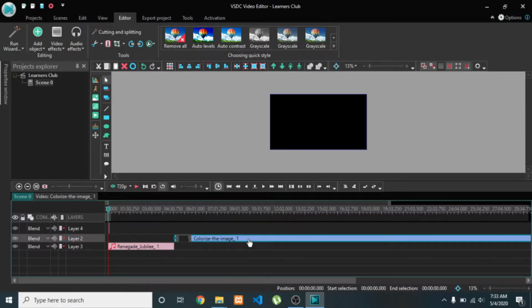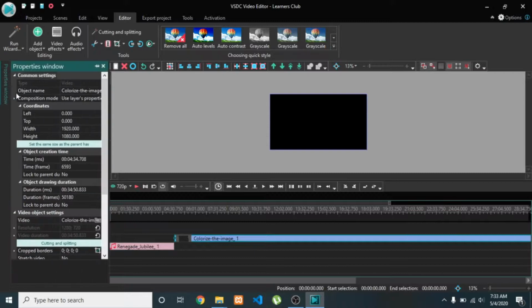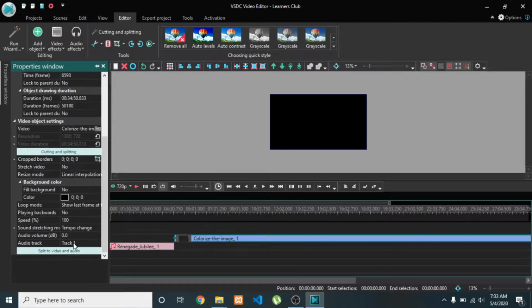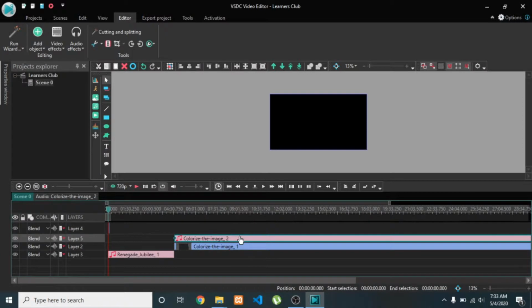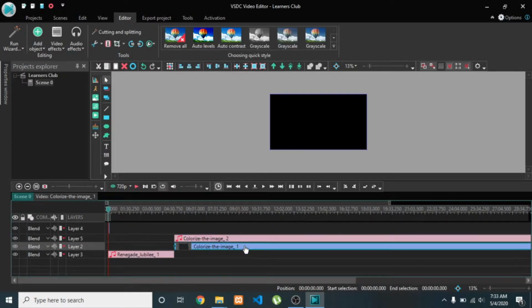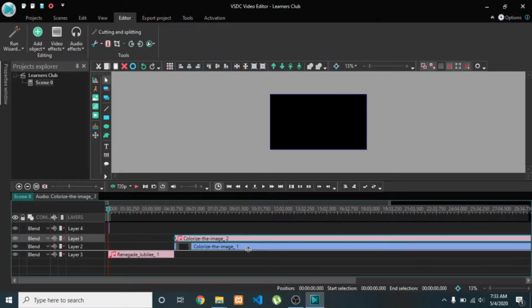For that I will click on video and go to property window, and in the very below part of that property window you have the option of split to video and audio. You can click on that if you want to extract that audio from the video file, and it will create two thumbnails, one for the audio and another for the video, as you can see.